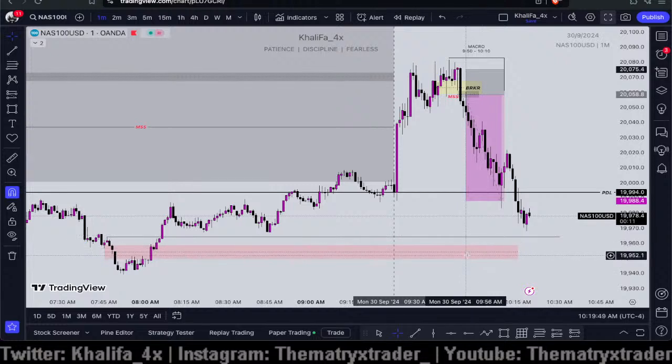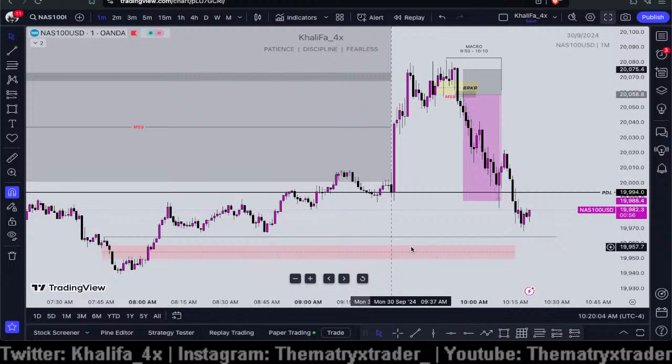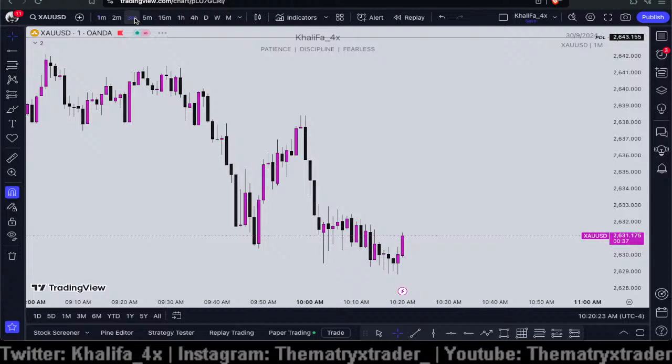Now I'm expecting price to come till this. You see that we have this small fair value gap, and if it retraces from this fair value gap, we can get an entry for the buys as well. But until this, since we have this order block on the 15-minute, and we have a fair value gap on the 1 minute time frame, good job. Now we can get,